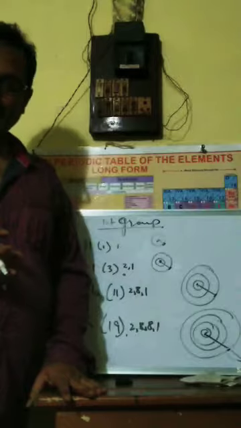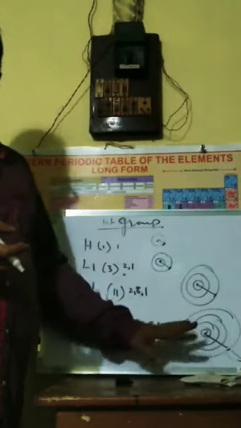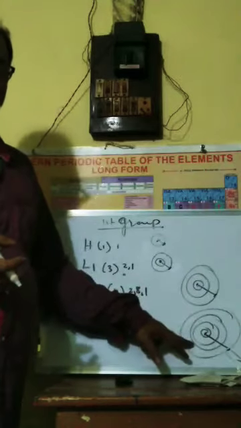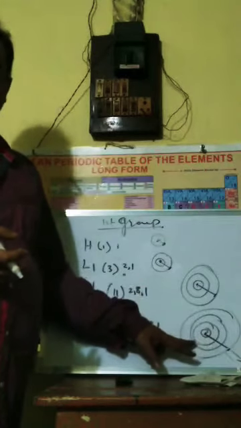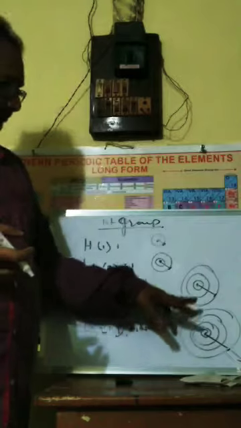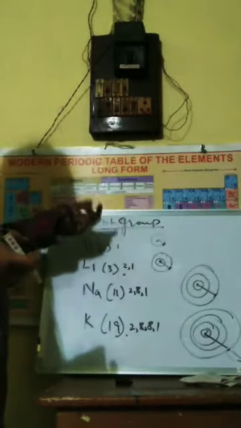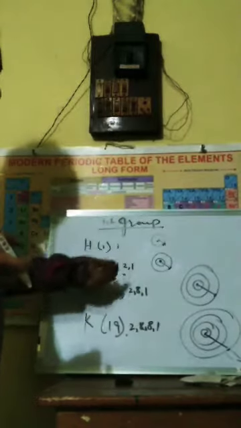So that means when they can lose the electron very easily, they are more reactive, they are more electropositive. So here what happens? The distance is increasing, that is, the atomic radius down the group is increasing. Clear?